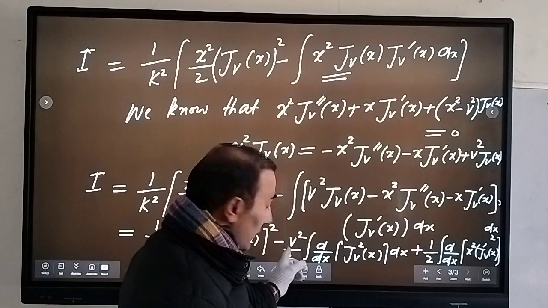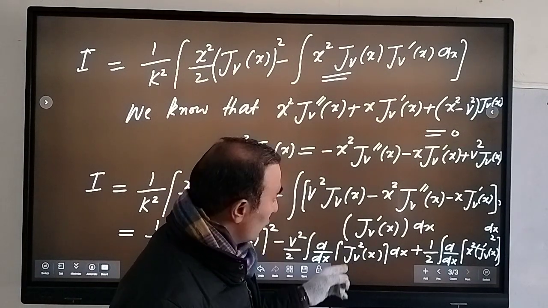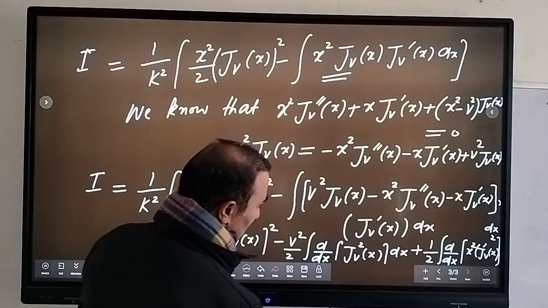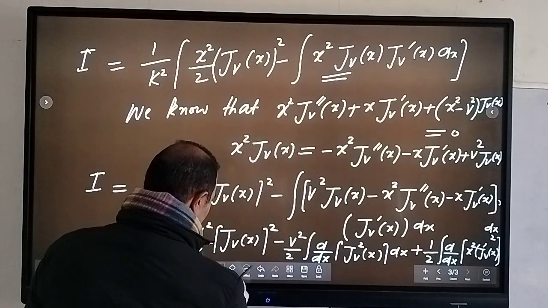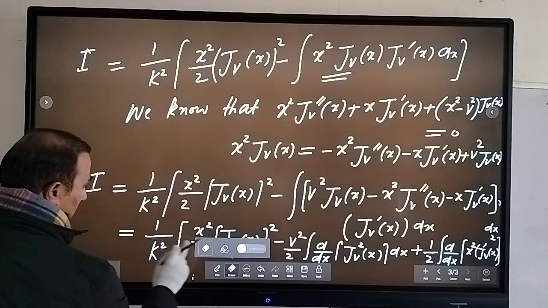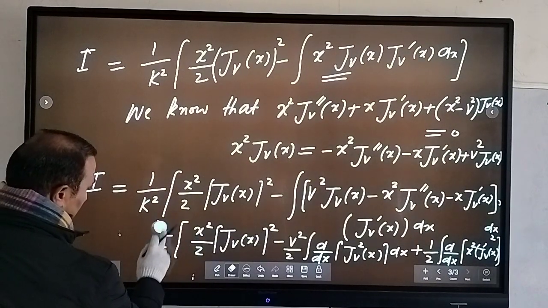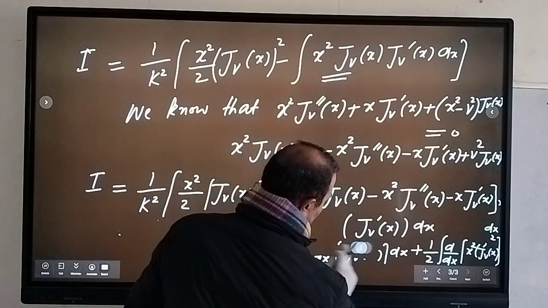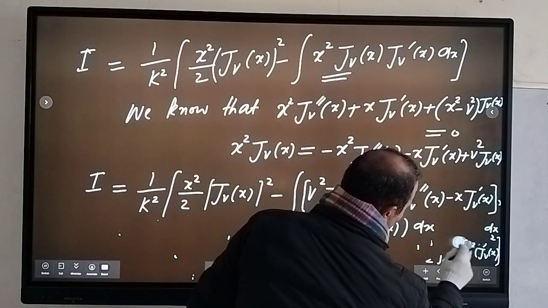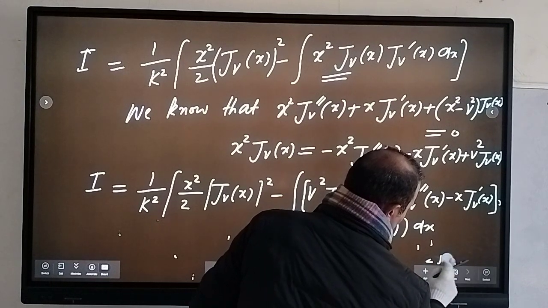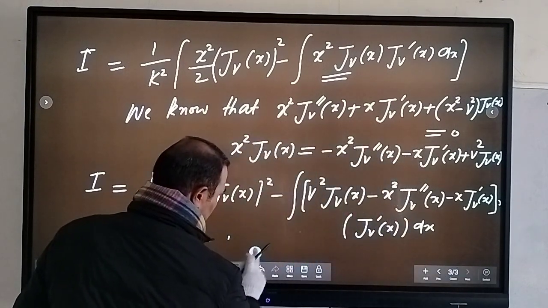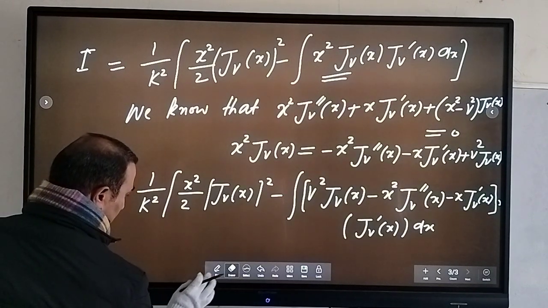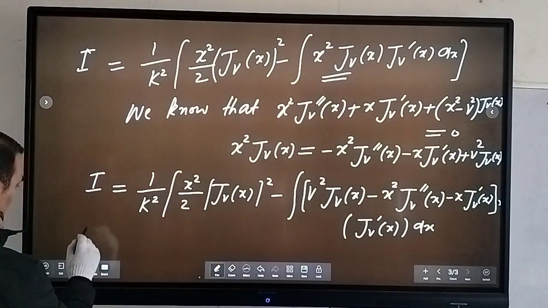But here it is v square by 2. That 2 will cancel here. So that means you will get here. Okay. So I think I should write one more step, because you may get confused here. So better is to write one more step here. Okay. So let me write it here. So you can write this as,